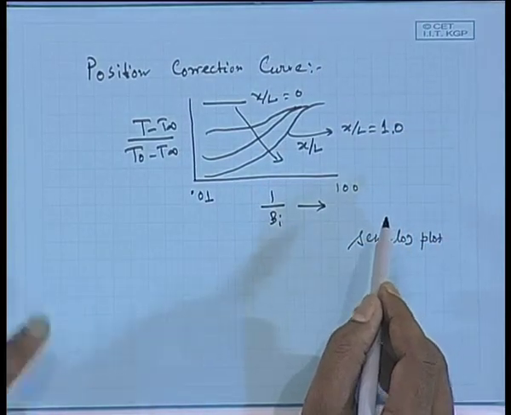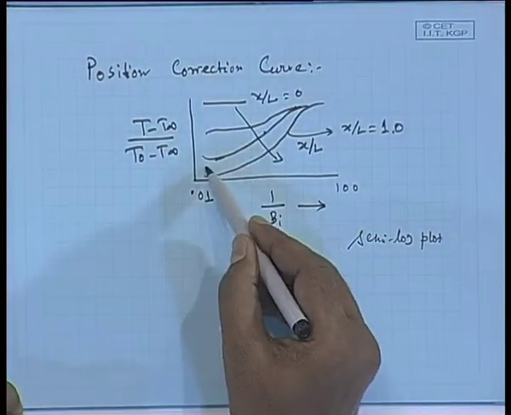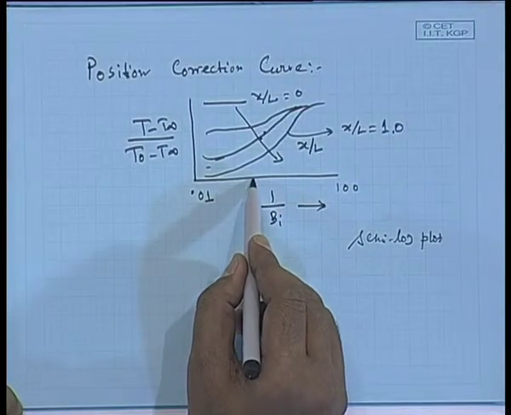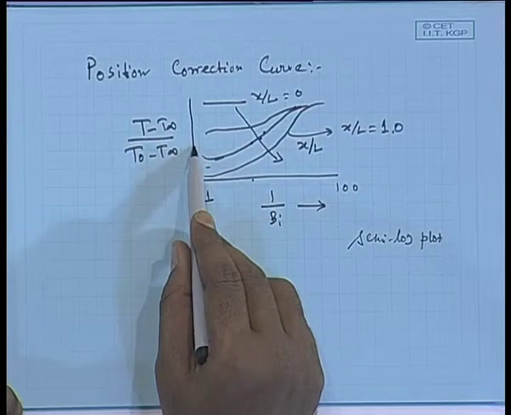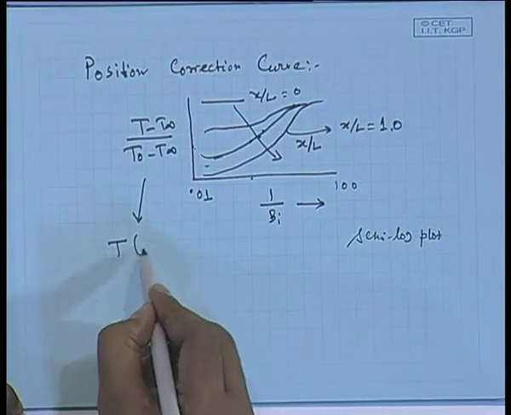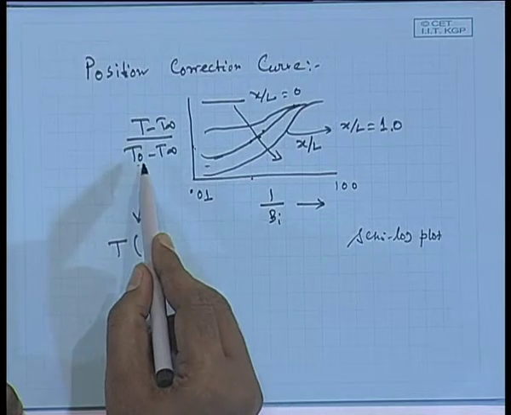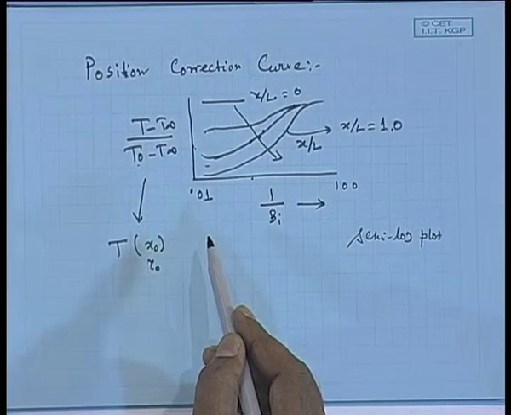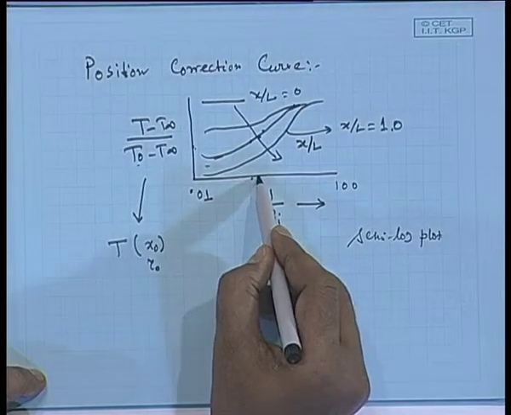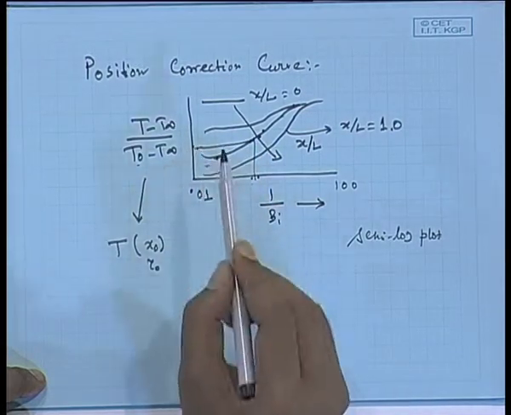So, you have already found out what is T naught. At whatever x location, you have to go back to that particular x by L curve. Biot number is known. So, you know the x axis, you go back to this curve and read this value. Okay, read the ordinate, and you will get the value of T at that location, because the central line temperature is already known from the previous calculation. Bi is known to you. So, you know which x by L location you are talking about. So, you go back to that curve, read the value.